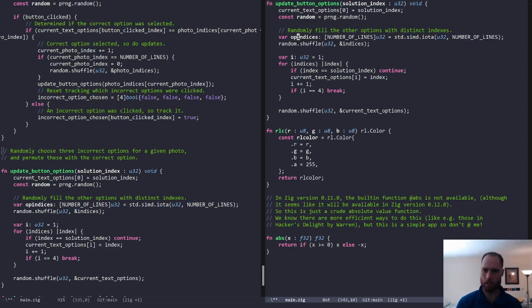Maybe we call this option indices. For everything in the option indices, and really, instead of index, it should be, this is fine. Yeah, so for everything in the option indices, if